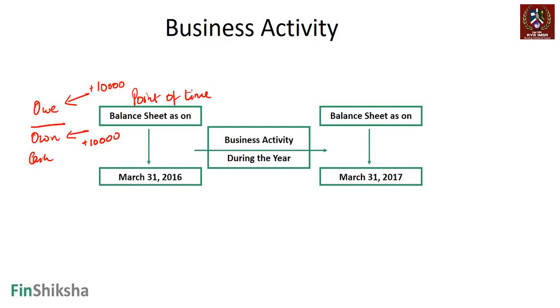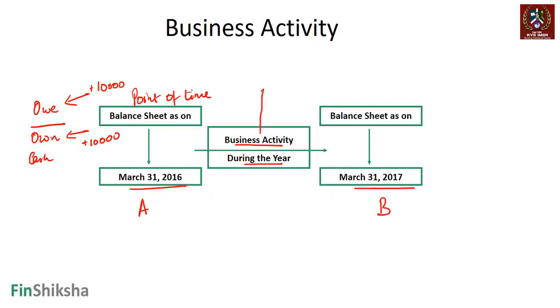Right now, how much money do you owe to someone? You have taken money from people. How much money are you supposed to repay to them? And right now, exactly how many business assets do you have, right? Now, the same will also be available at the end of the year and the end of the next year, right? During the course of the year, you will do some business activity. In going from point A to point B, you will be doing some business activity.